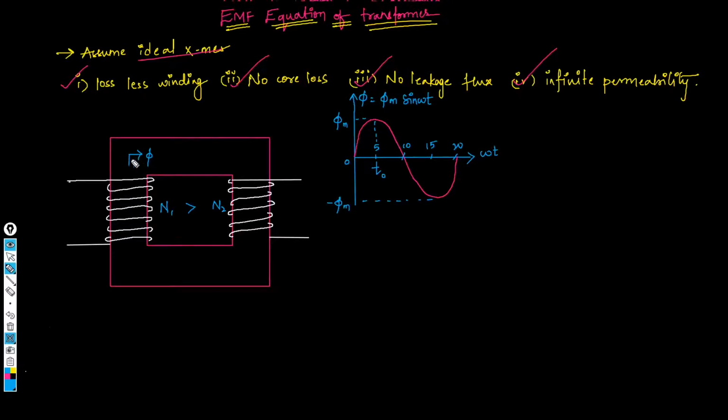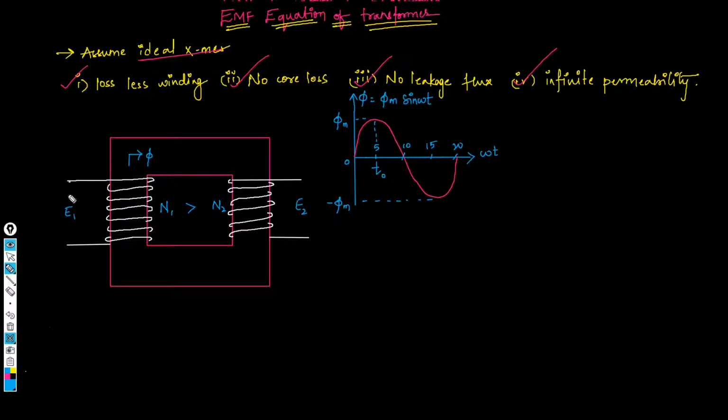And we are considering a flux phi flowing through this core, and the flux phi is sinusoidal in nature as shown in this particular graph. It is a sinusoidally varying flux flowing through the core of this transformer. As this is an ideal transformer, I am considering some flux flowing through it. Now according to Faraday's law, time varying flux links with the coil, so definitely EMF gets induced. So let us assume E1 is induced here and E2 is induced here.